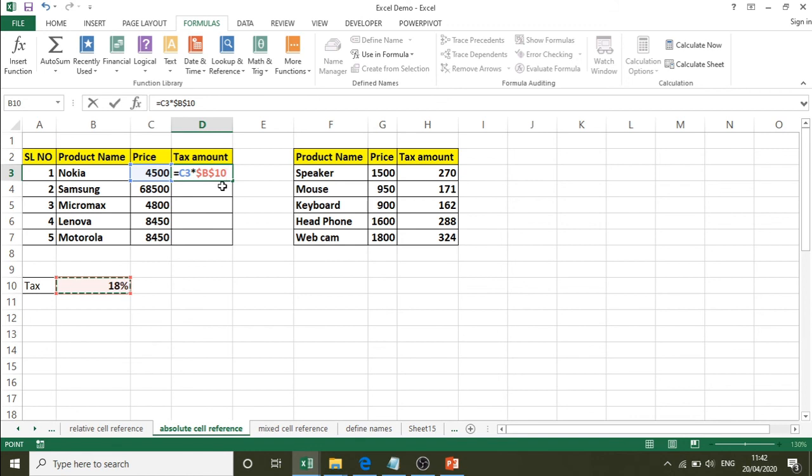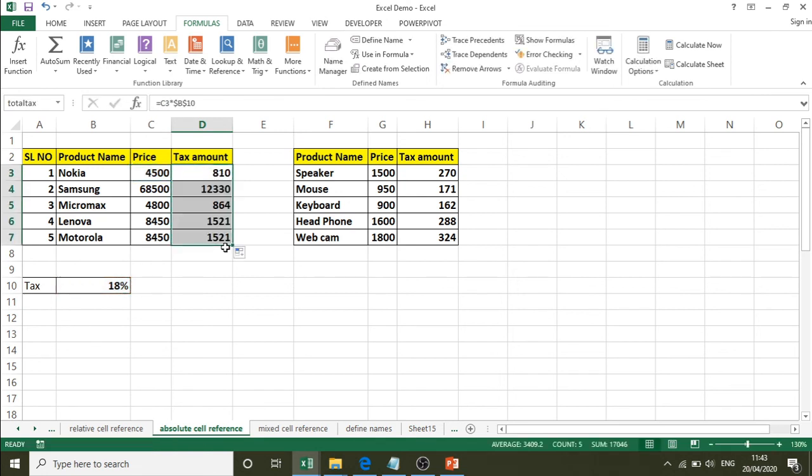There is one more thing. If you press F4 once again, the row is fixed and the column is not prefixed with the dollar symbol. Once again if you press F4, the column is fixed and the row is not prefixed with the dollar symbol. Once more if you press it, it is a completely relative reference. So that is how the F4 key works to enter the dollar prefix, that is absolute reference. I will press this once and I will press the enter key.